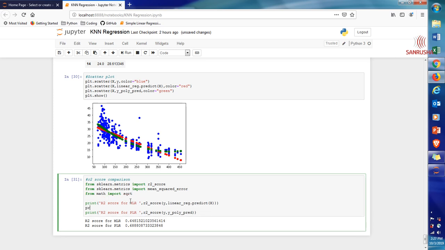We already got the print of the R2 score. Let us print root mean square error for MLR, and that is going to be the square root of the mean squared error of these two values.